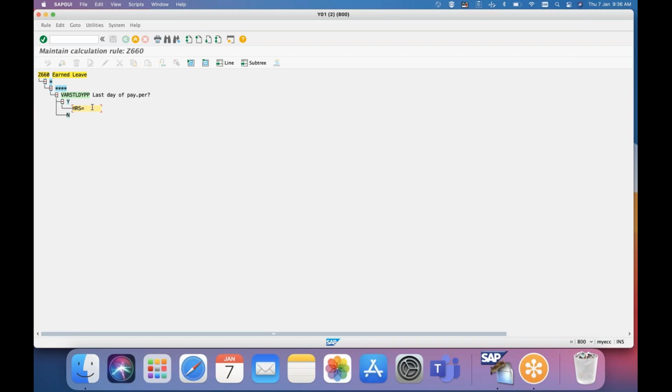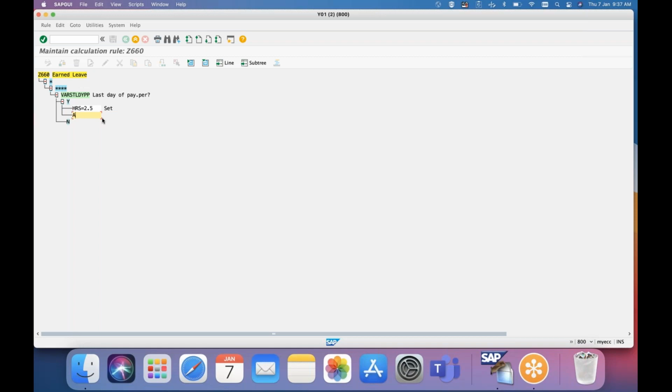Let us say I want to check the seniority. I will say HRS is equal to, using some operand, how many years of experience the employee has. Then that becomes the number of years, not hours. Similarly, it can be days or hours, it can be a number, anything. Now I am hard coding HRS equal to 2.5 as of now. I could call it from a constant, but as an example for the day, we'll just take HRS equal to 2.5.